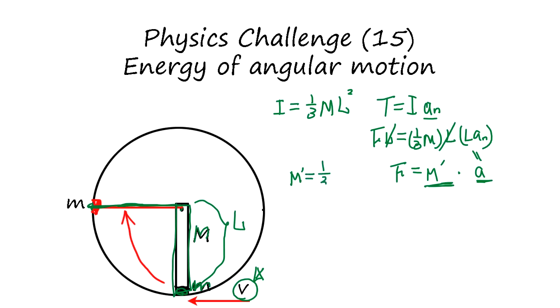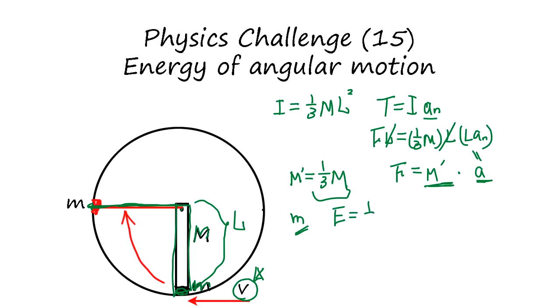So we have inertia of 1/3 M, that's the inertia of the rod, and for the small mass, the inertia is m L squared. Okay, so energy,